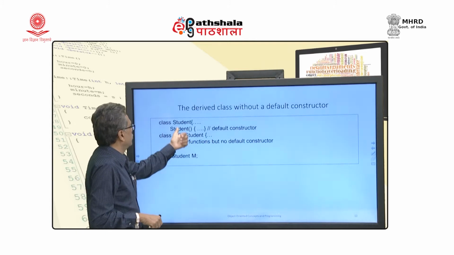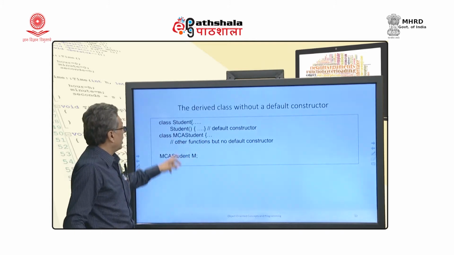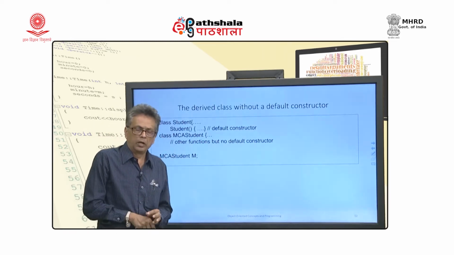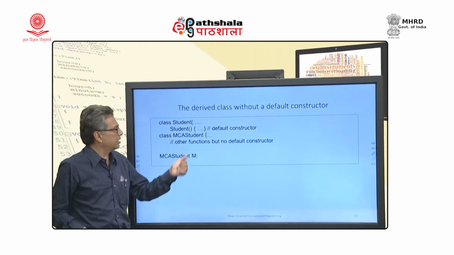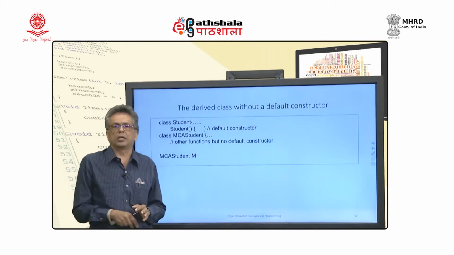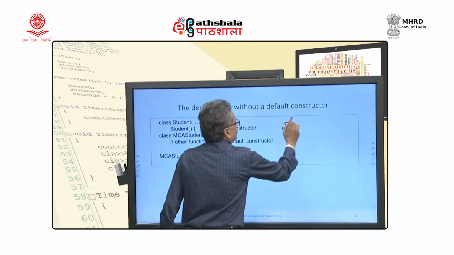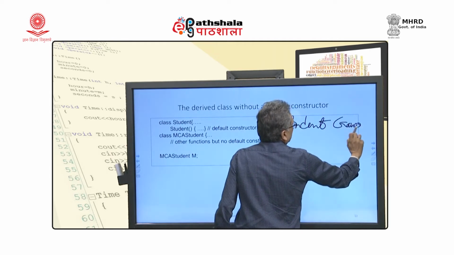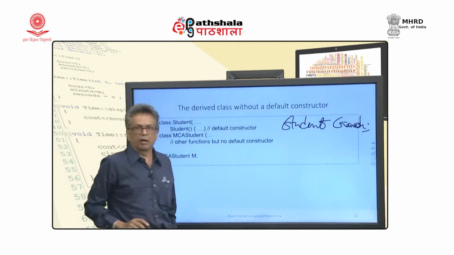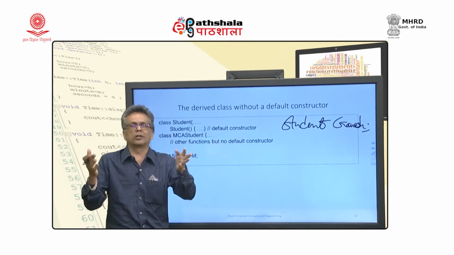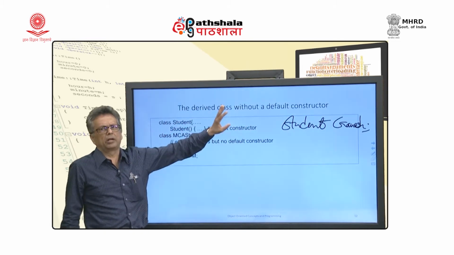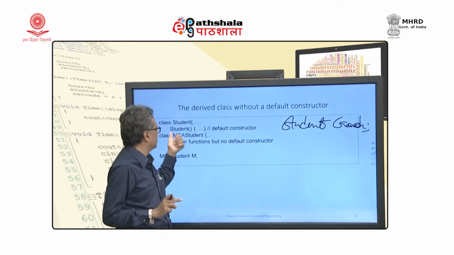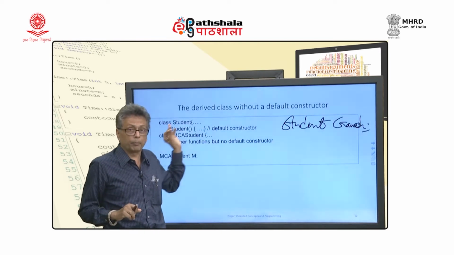Let us take a simple case. Student is inherited into MCA student. A student will have a default constructor of some sort, and MCA student does not have one. Now, what does that mean? The designer says, okay, I am not happy with the default student definition. Normally, when you say student Ganesh, a compiler will do what? The compiler will allocate the amount of memory that you need for Ganesh, and that is all. That is the compiler's default behavior. If the programmer is not happy with this, the programmer will provide his own default constructor. So, that is the point.